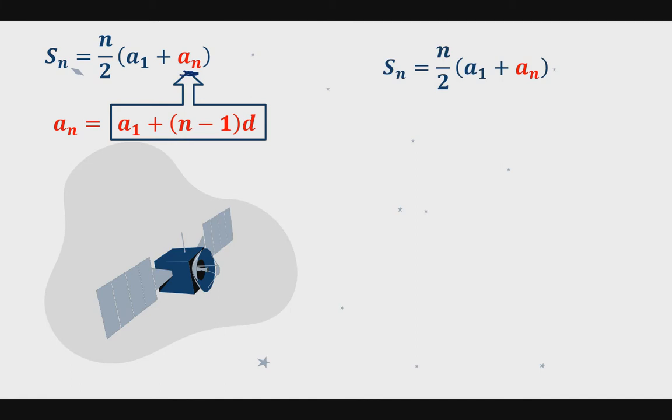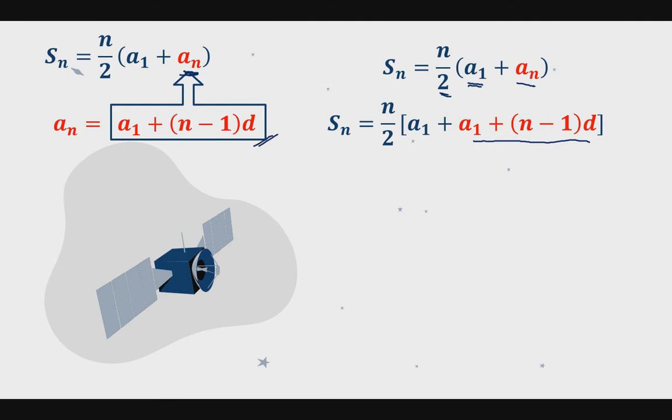From our original equation, we substitute the equation for A sub n. It will give us S sub n equal to n over 2 times quantity A sub 1 plus. It came from here: we just copied the first two parts of our equation, then the red part came from here. We just replace A sub n by this, because A sub n is equal to A sub 1 plus quantity n minus 1 times d. So now we have